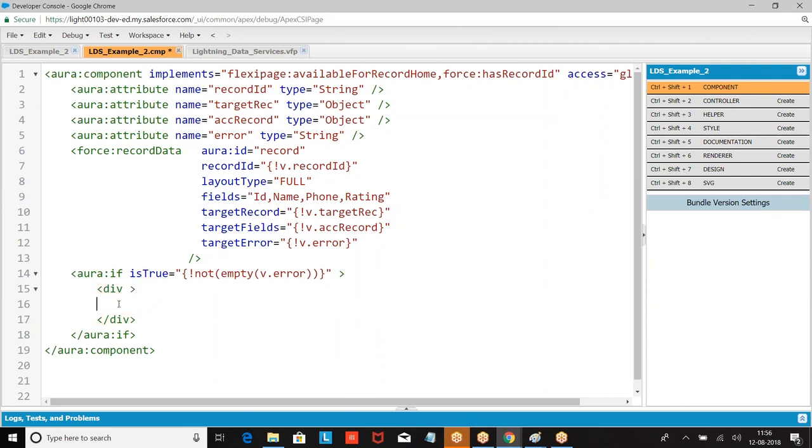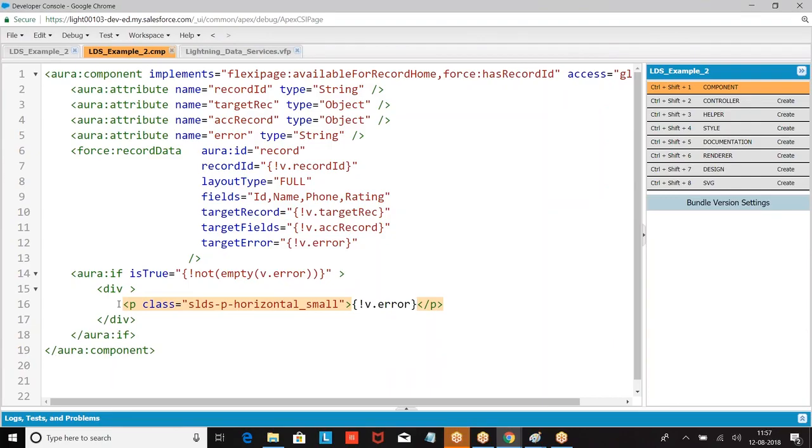We can define your classes. This is what I am giving. If the error is not empty, print the message. That is to check whether an error is there or not.